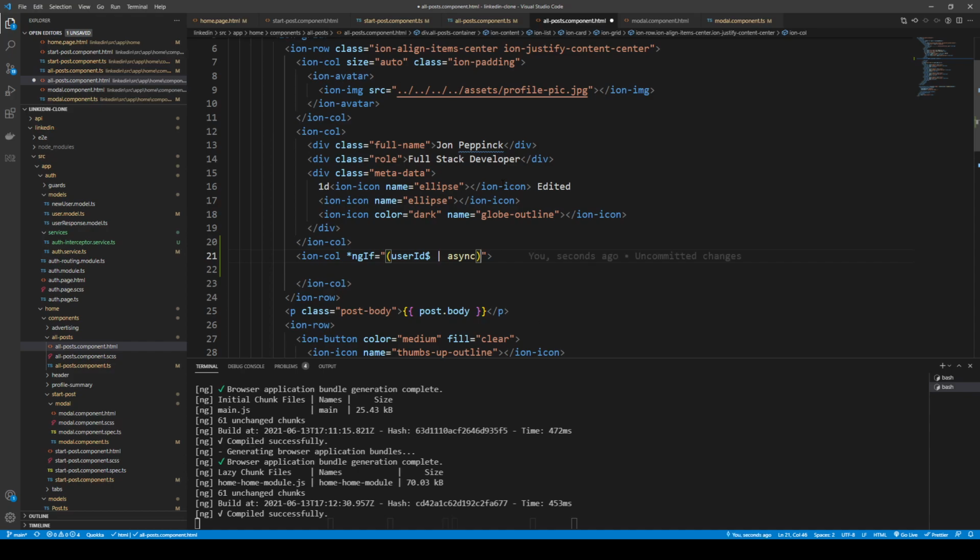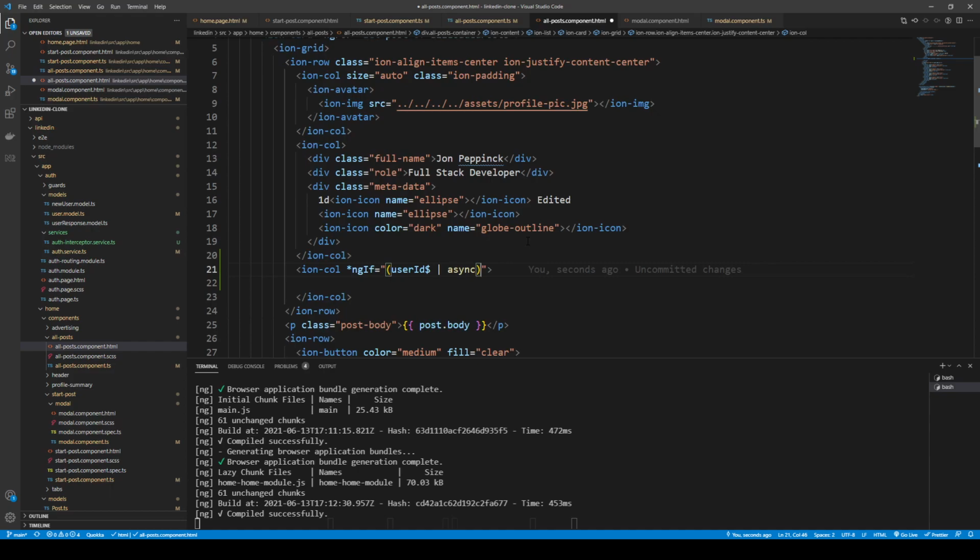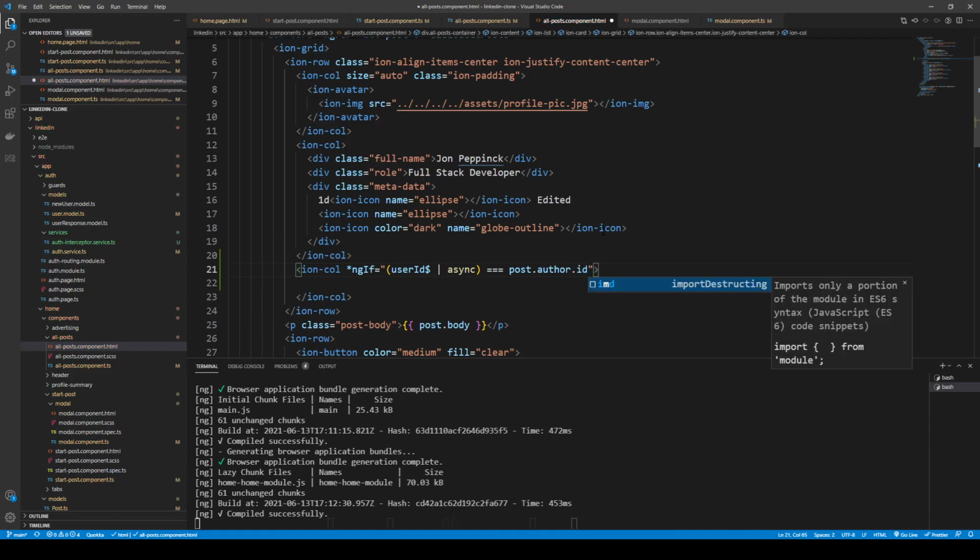Now we're already looping through all of our posts, so what we can do here is say if the user ID is equal to the post.author.id, that means the logged in user was the person that created the post. Then I'll go ahead and show them these,